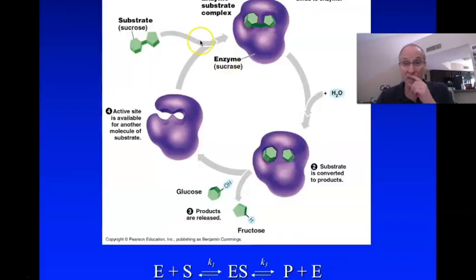Here's another example. This is disaccharidase, and this is an artist's rendition, just a cartoon. But disaccharidase is like hexokinase. It has this catalytic site. And again, the enzyme is huge compared to the actual substrate. Substrate in this case is sucrose. There's the glucose, there's the fructose, and there's the glycosidic linkage. So just like we saw with hexokinase, the sucrose is pulled into, or attracted into, that catalytic site where something